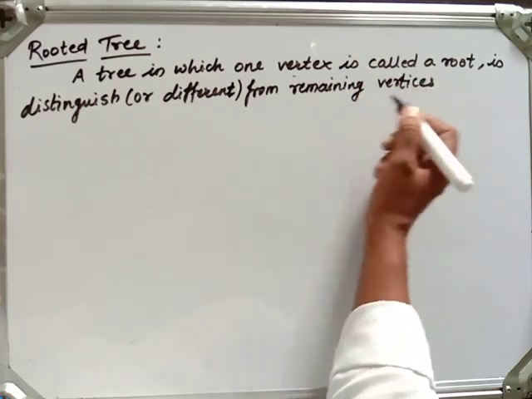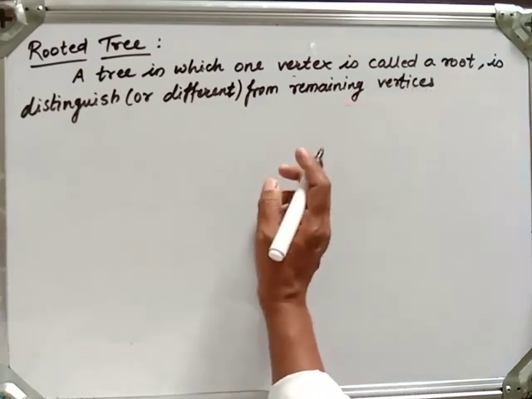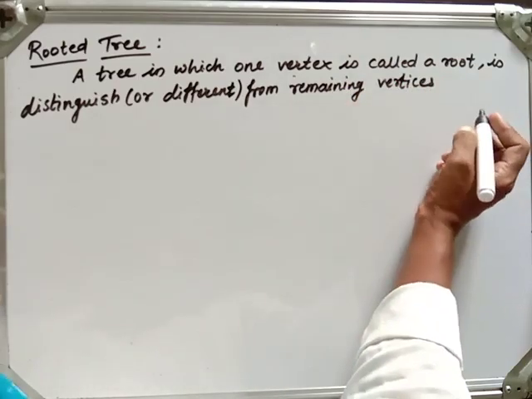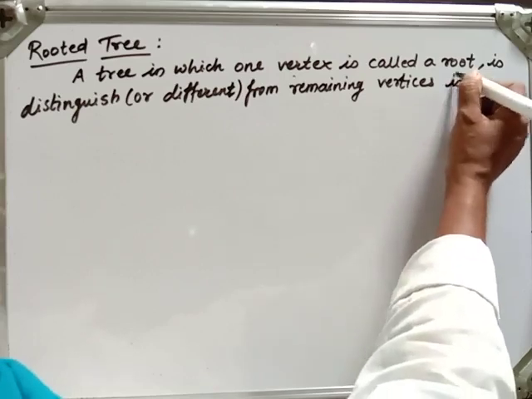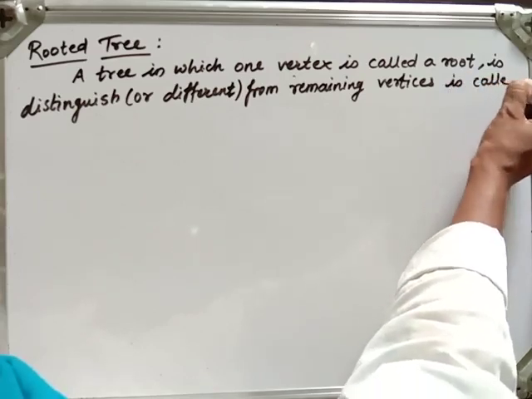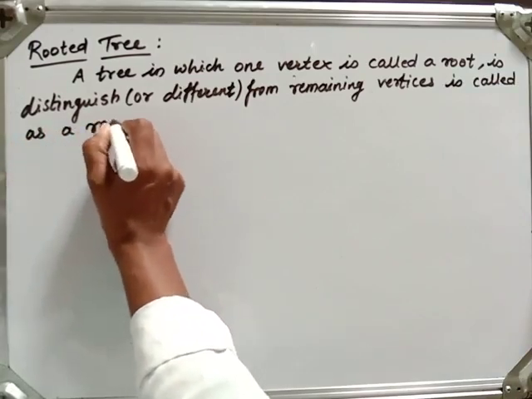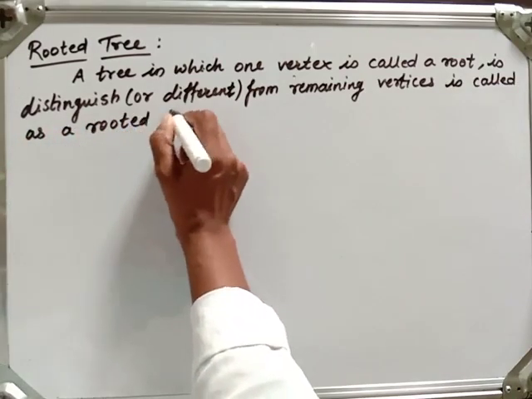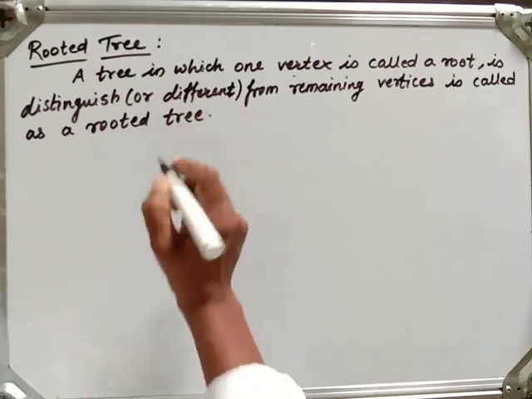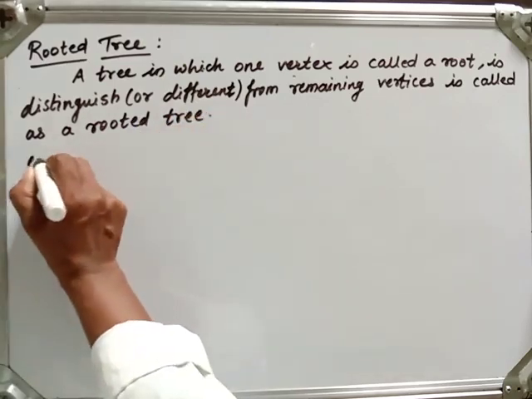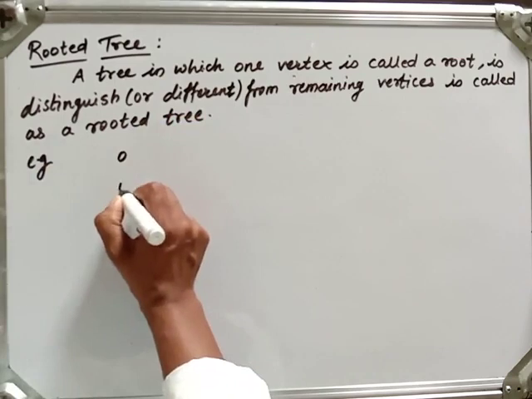It has some special thing which is other than the remaining vertices, and is called a rooted tree. For example, we can say suppose